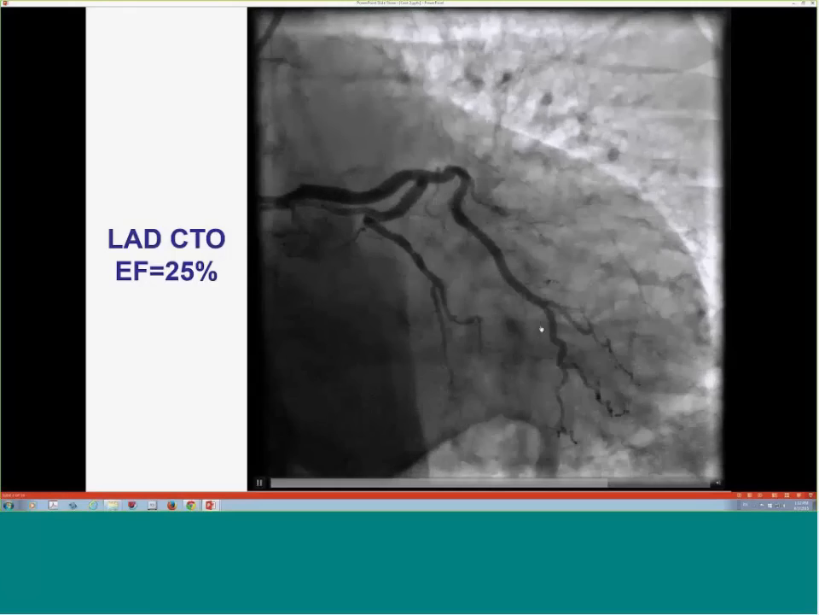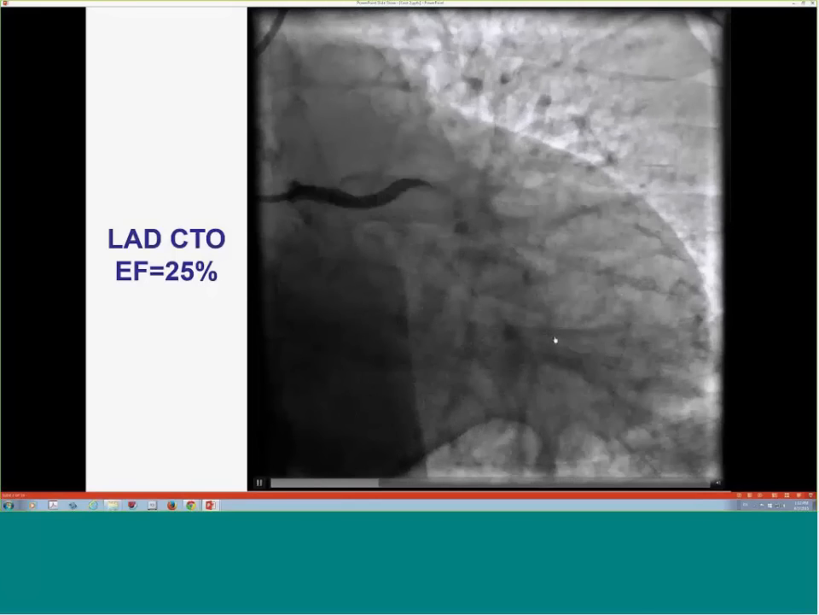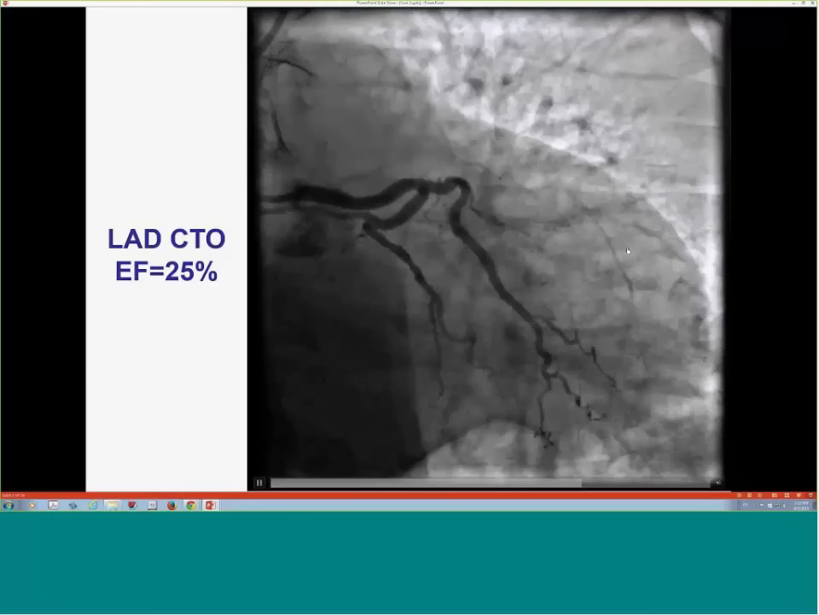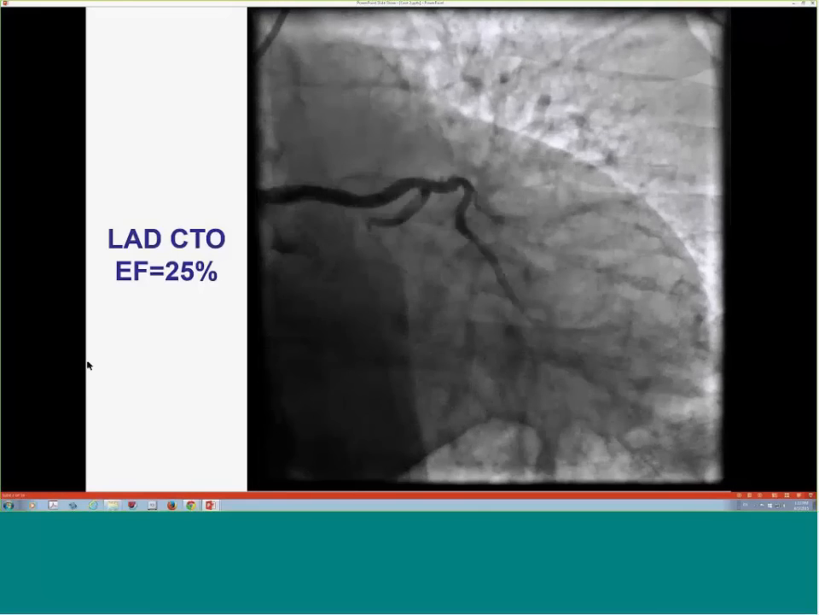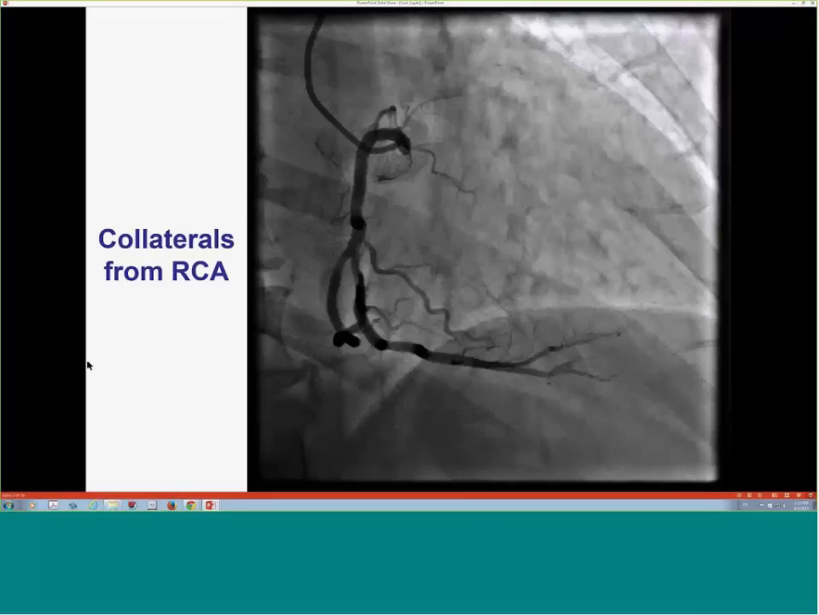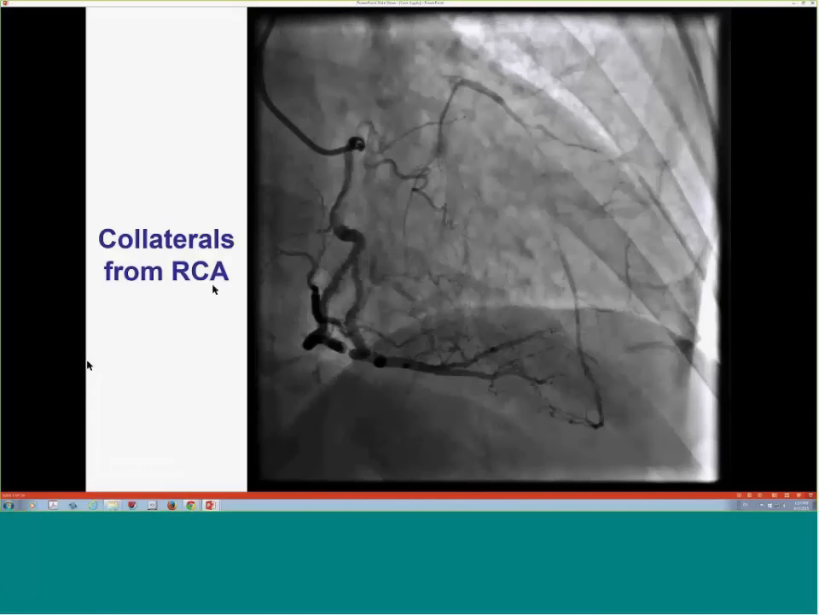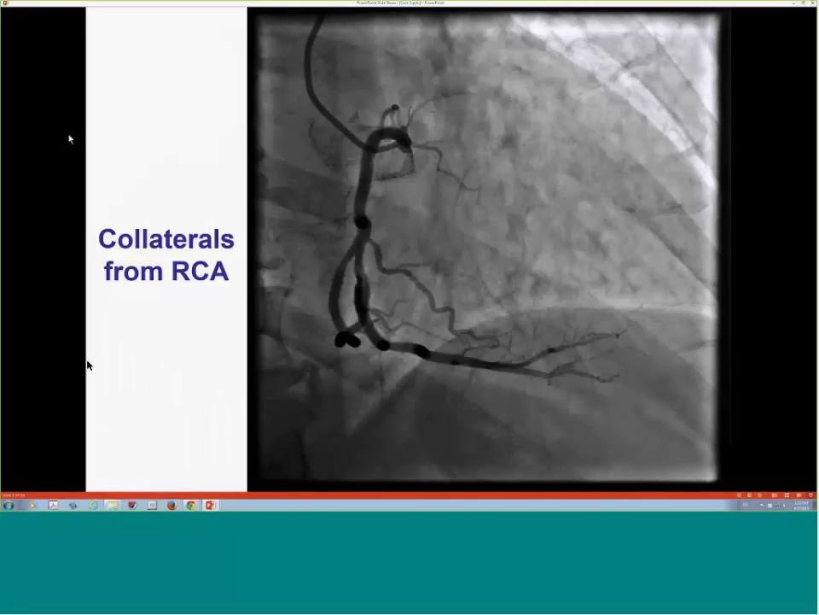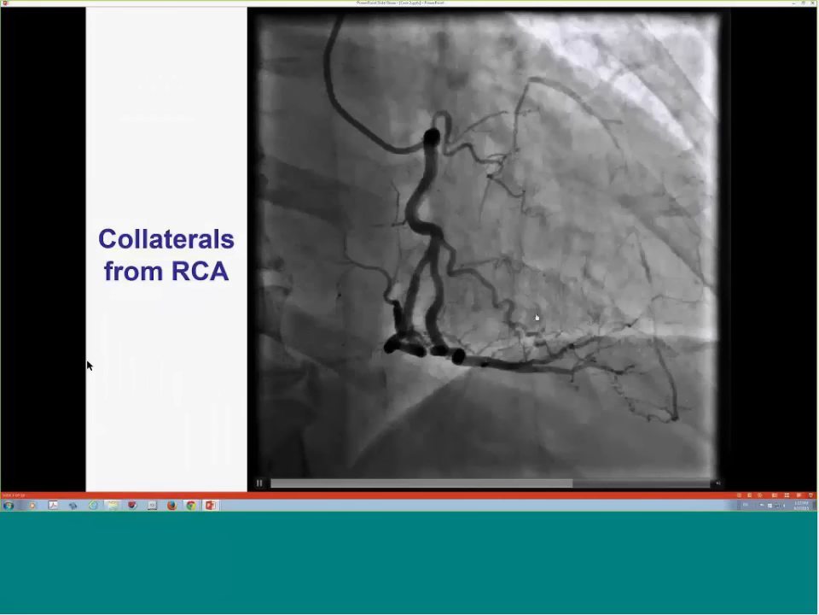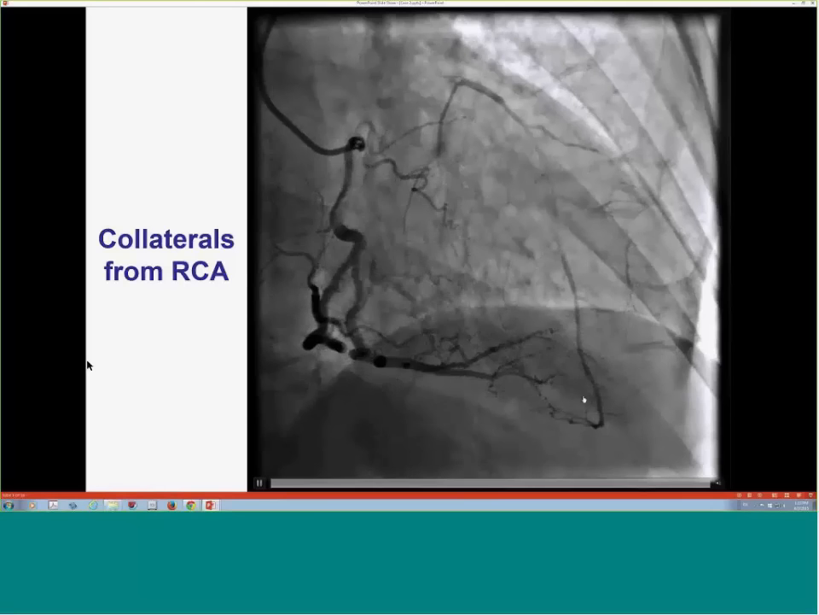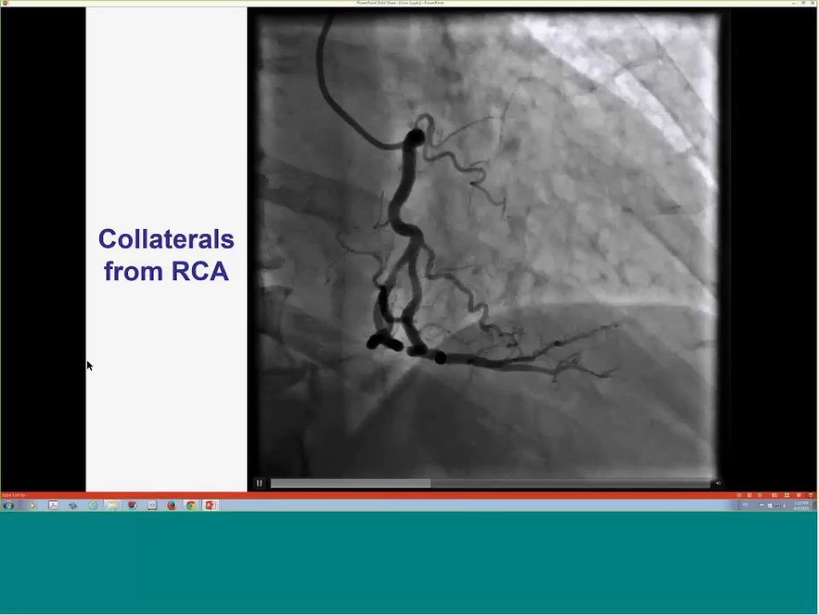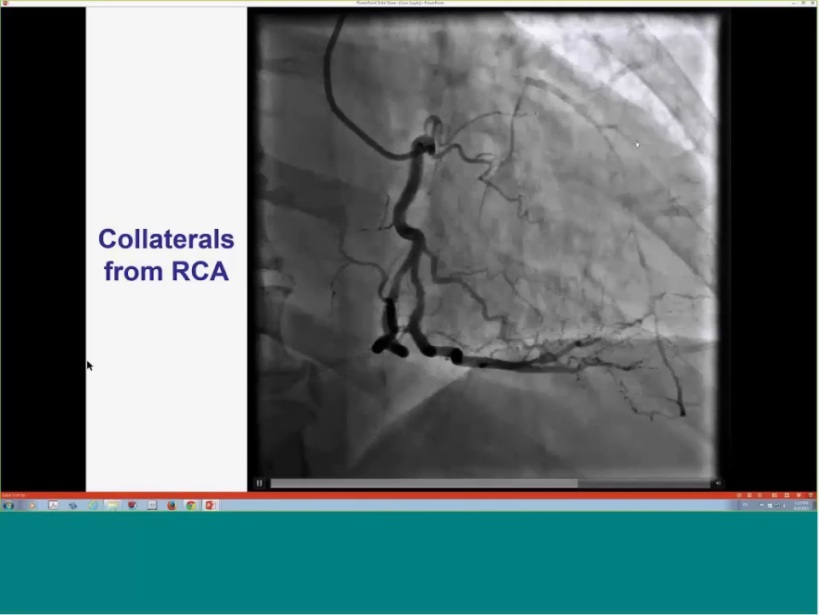And as you can see, he's got a nice circ. You see some vessel filling up on the side. And when you image the right, then it becomes obvious that the problem here is that the LAD is occluded. So he has nice collaterals coming from the distal right coronary artery filling the LAD, and seems also to have a large diagonal